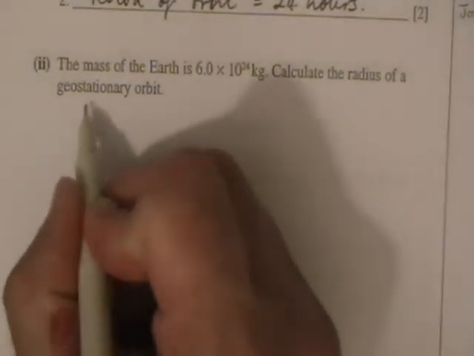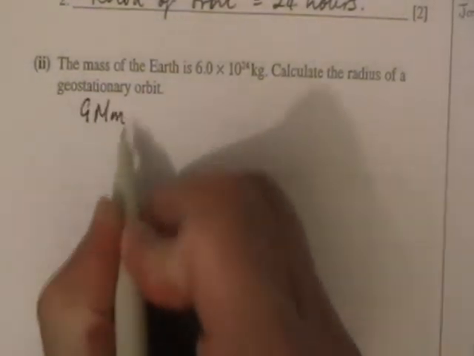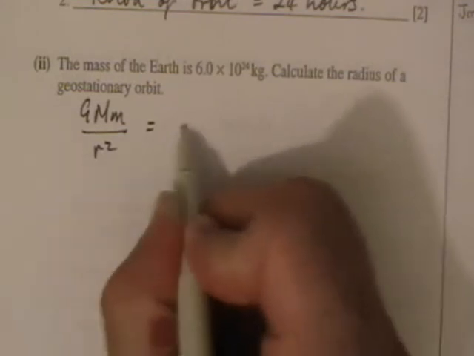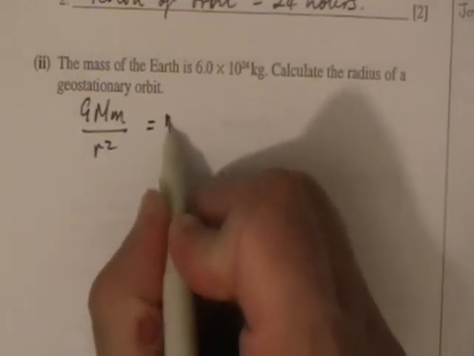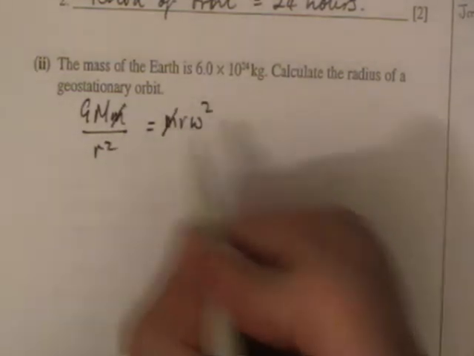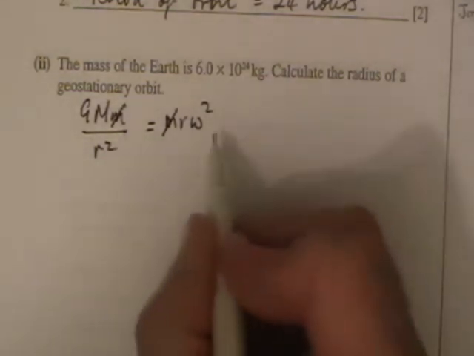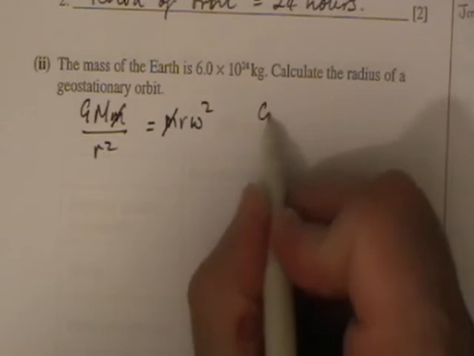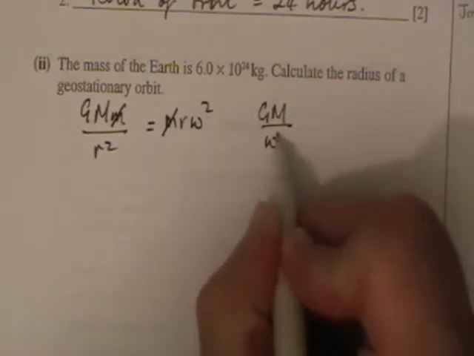Alright, so the mass of the Earth is 6 times 10 to the 24 kilograms. Calculate the radius of a geostationary orbit. So what we're going to do, and this is something that we're very familiar with, GMm over r squared equals mrω squared. The m's cancel out, and we're looking for r, so we get GM over ω squared equals r cubed,